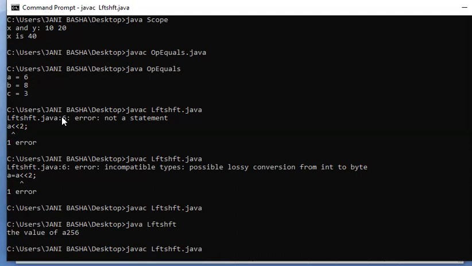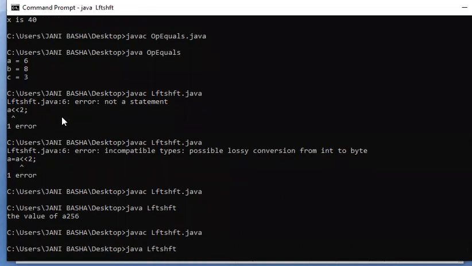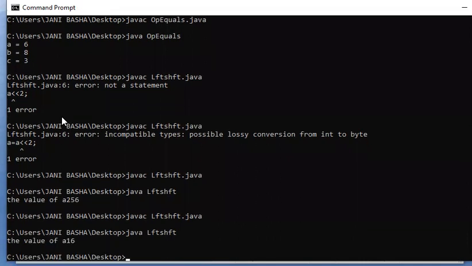Compile again. Execute. See, the value is 16. So this is how the left shift and right shift operations are done.